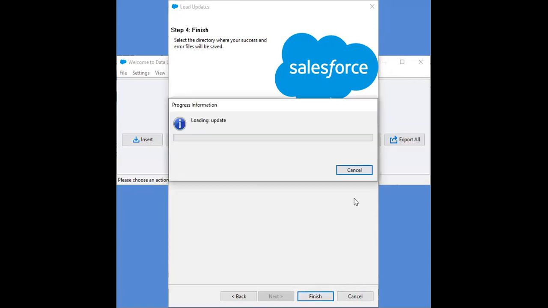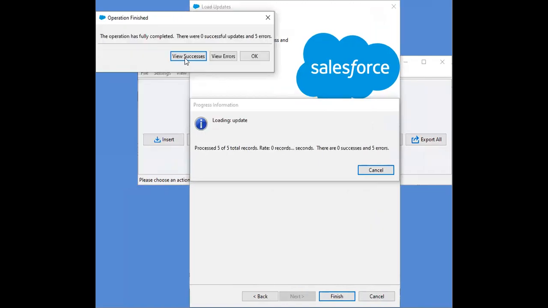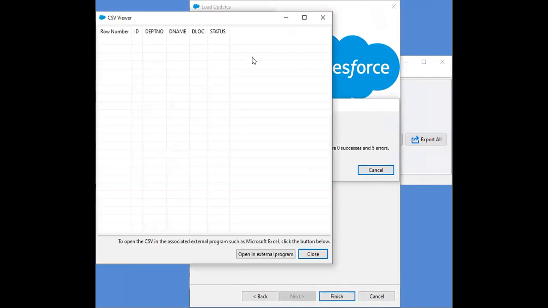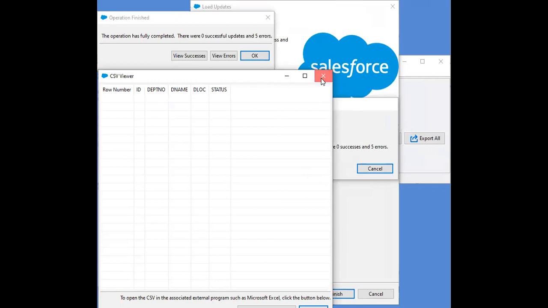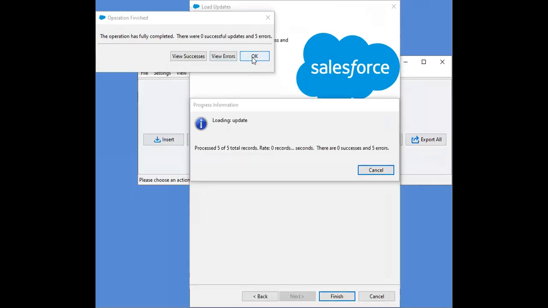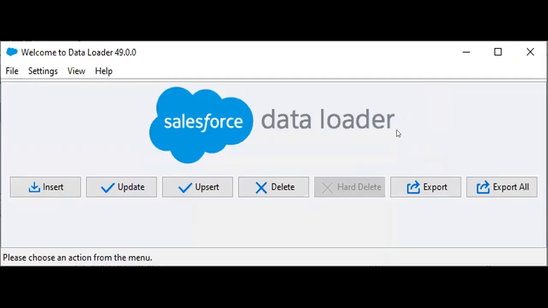If you need the file, load the updated file. View the success information. That's not storing anything. That means in this way you will perform the deletion operation, and export. Export means you are going to export all the database-related information. That is the thing. Thank you.